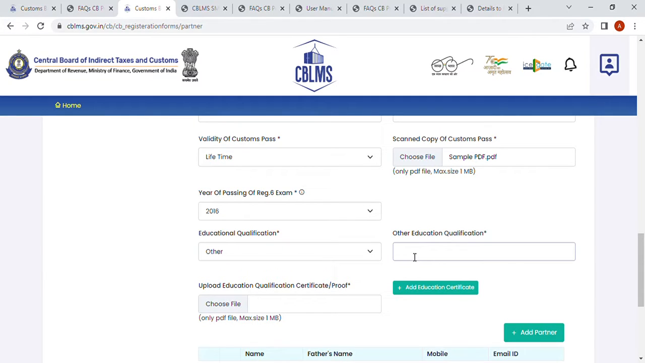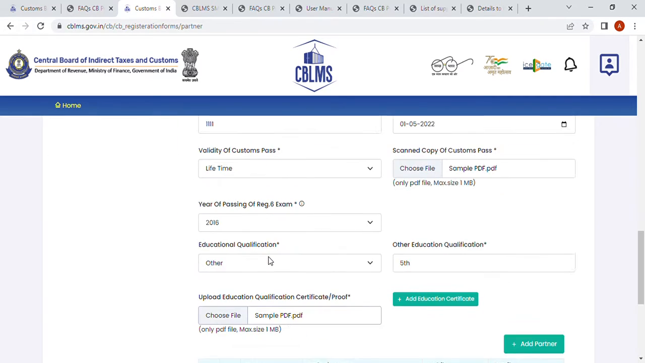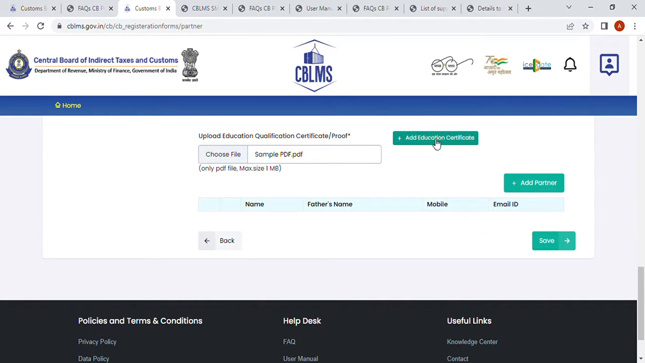For your other educational qualification, just mention, say, fifth standard, and upload the passing certificate or the standard or the mark sheet, whichever is applicable. Now, once you enter all these details, after this, if you wish to add more than one qualification,